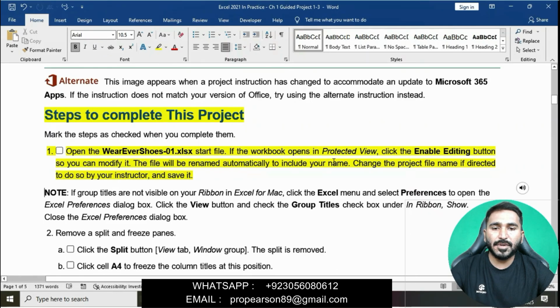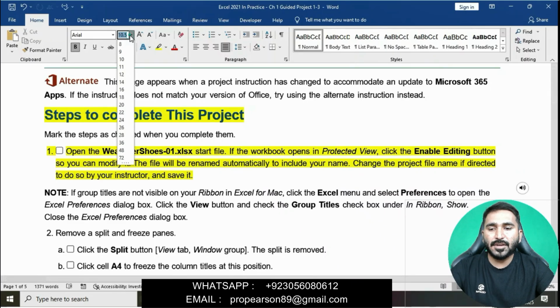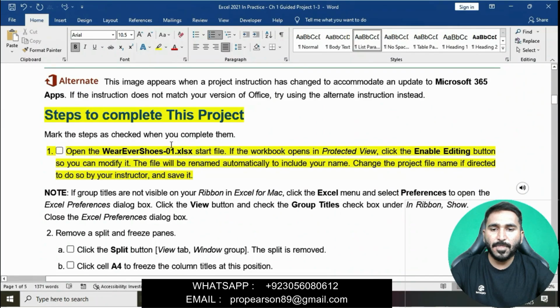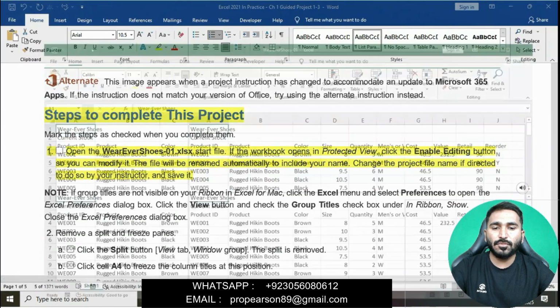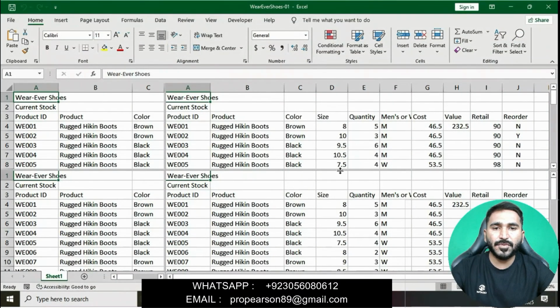The file will be renamed automatically to include your name. Change the project file name if directed to do so by your instructor and save it. The workbook name is Wherever Shoes XLS workbook.